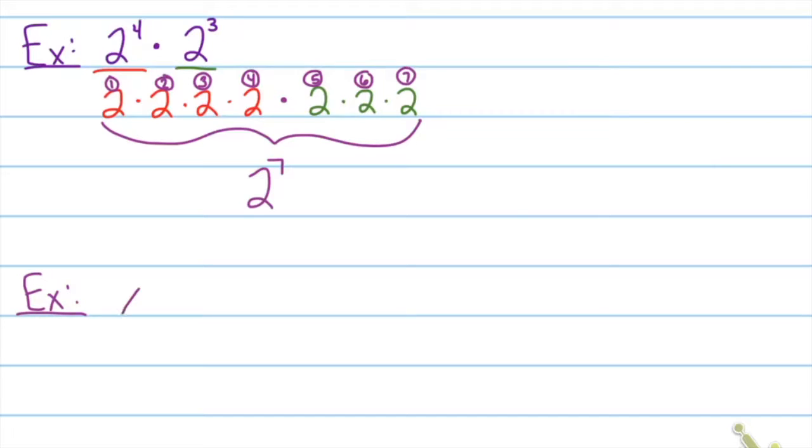Let's say I have x to the 3rd times x to the 4th times x. Again, taking each of these and expanding them out and showing the product will help us understand why this works. So x to the 3rd is the same thing as x times x times x. X to the fourth is the same thing as saying x times x times x times x. And then multiplying it by another x,